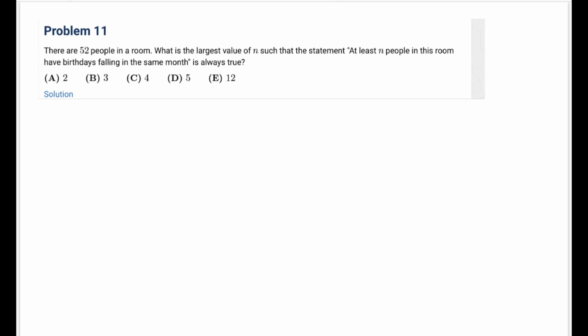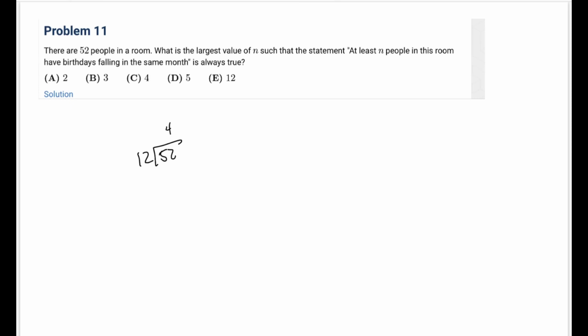What is the largest value of n such that the statement at least n people in this room have birthdays falling in the same month is always true? Okay, so let's think that there are as few as can be. So the first 12 people are all in different months. The next 12 people are also all in different months. Then how we can get this is 52 divided by 12, right? Since there are 12 months, and then we get